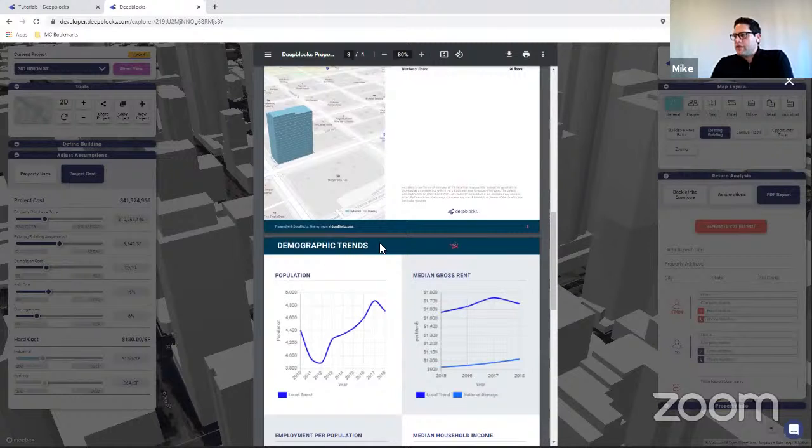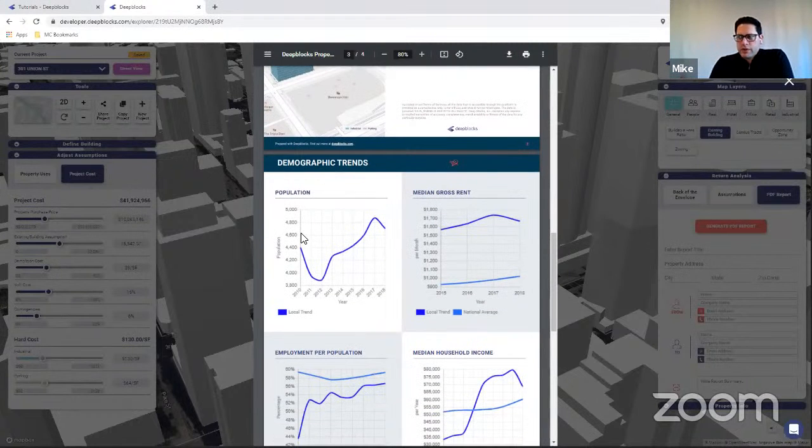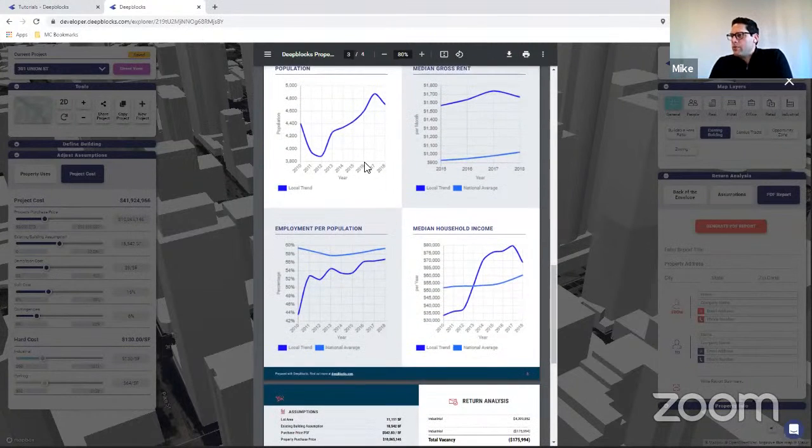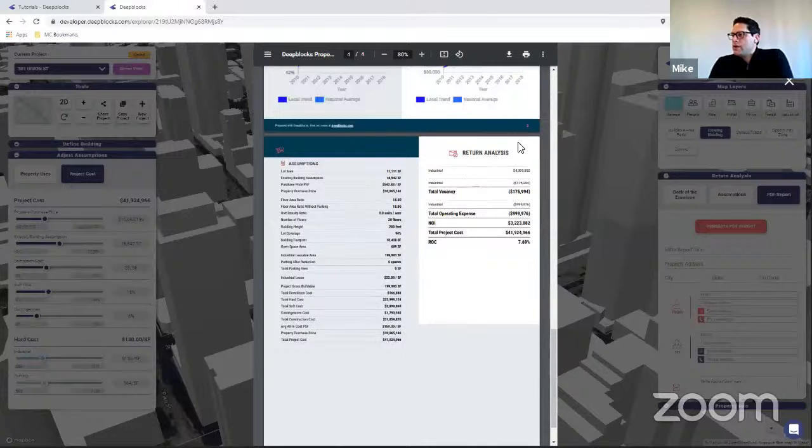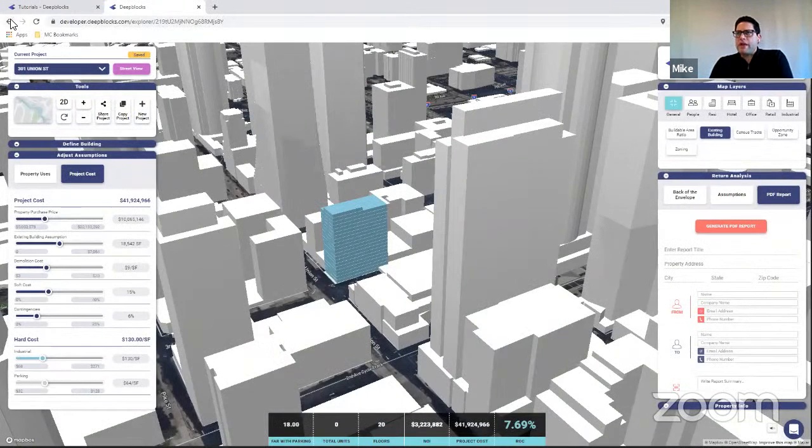You'll see those demographic trends, which I will highlight in a moment. We're going to go back to that market scanner. I'll show you where these are coming from. And then lastly, we get your financial analysis, that 1-year return on cost. So just to jump back for a second,